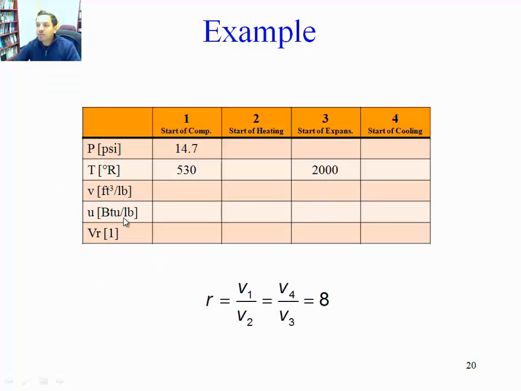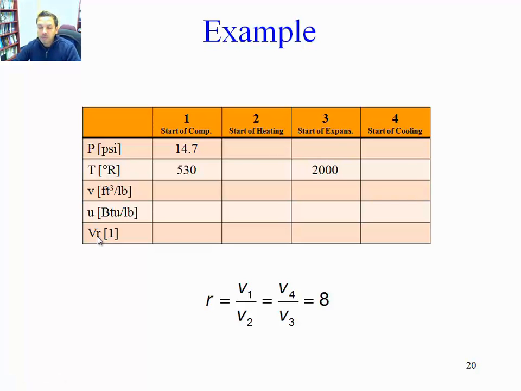So let's look at the summary conditions. We're going to be calculating pressure, temperature, specific volume, energy. We know we need all the energies in the system to calculate the efficiency. And we are going to be calculating or finding in tables that value of VR,